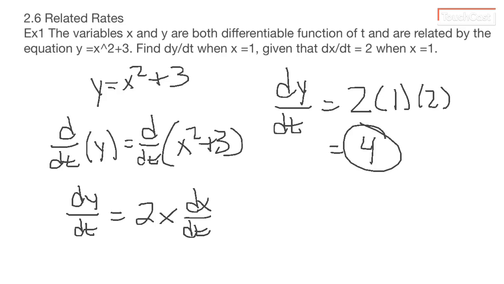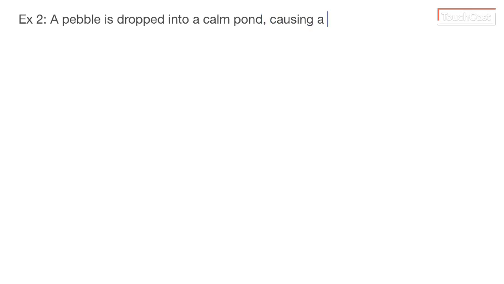Now this wasn't really a whole application of related rates. It was just kind of looking at it generally. So let's look at one more example. And this one is going to be more of an application. So example 2, we have a pebble is dropped into a calm pond, causing ripples